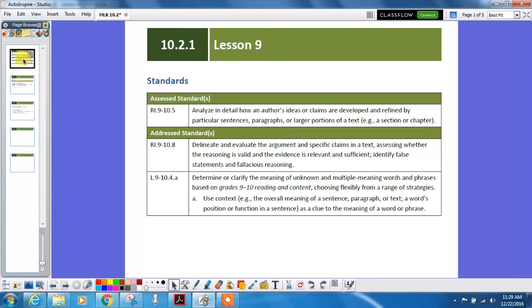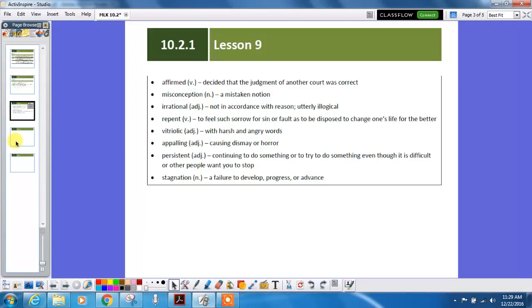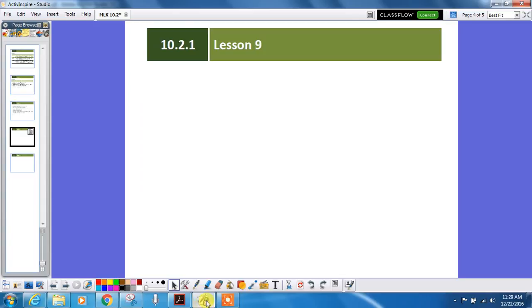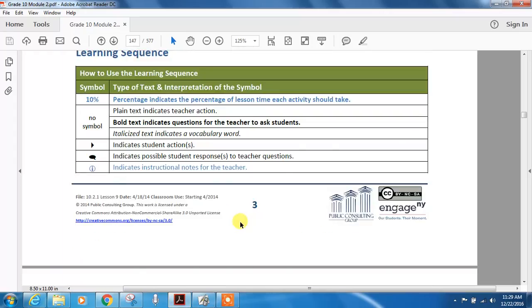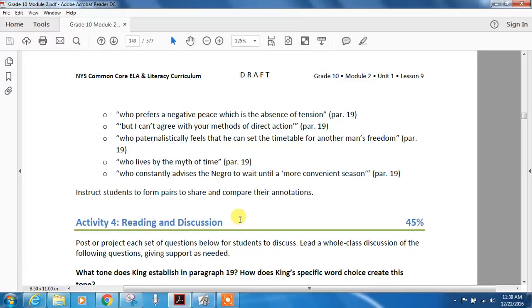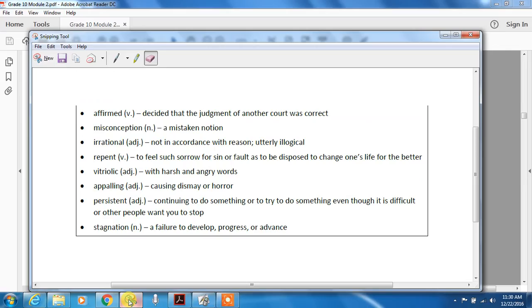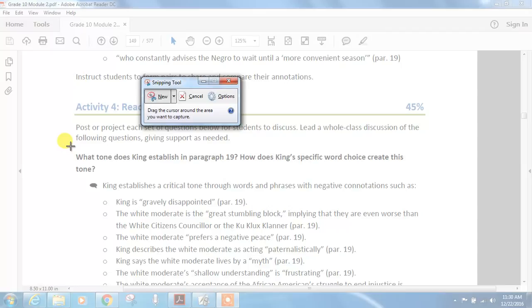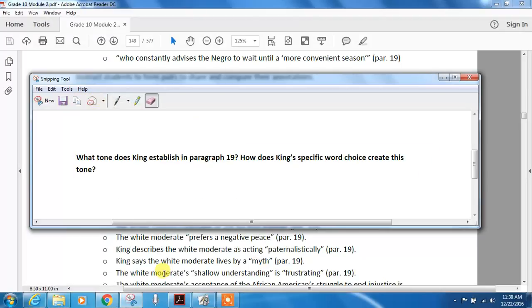So I've got my standards on page 1, the first part of my vocabulary here, the second part of my vocabulary here. Now I decide I want to grab some questions. So I go back into my PDF here from the module, and I can see all my questions here are in bold. If I click on the snipping tool and hit new, I grab the questions this way, I copy them, put them back into my